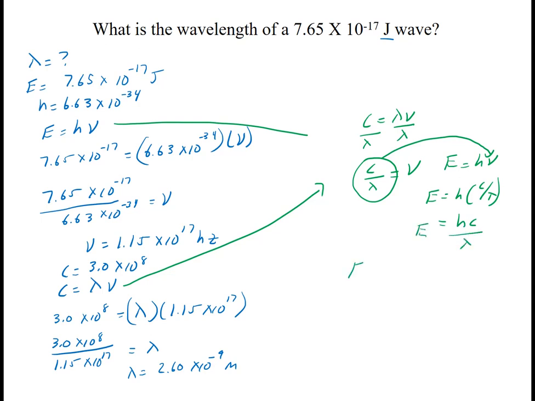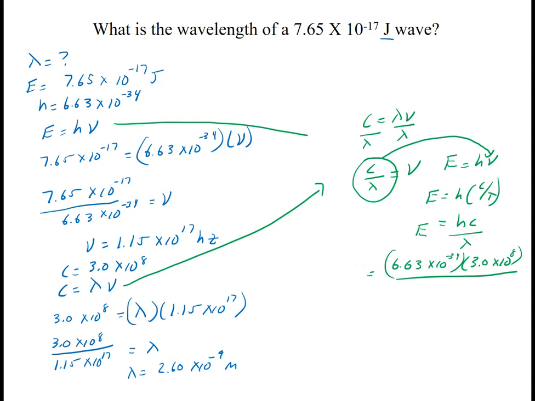And so my energy then would be the 6.63 times 10 to the negative 34th times 3.0 times 10 to the 8th divided by my,